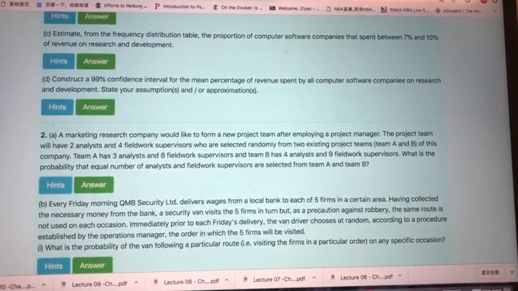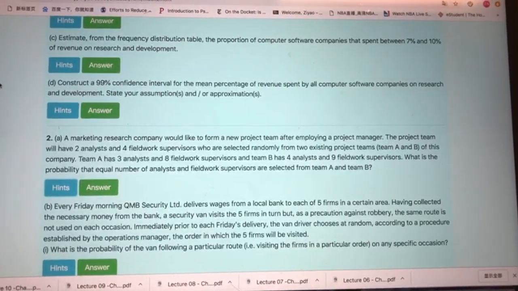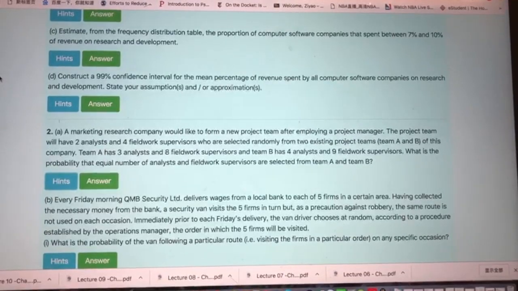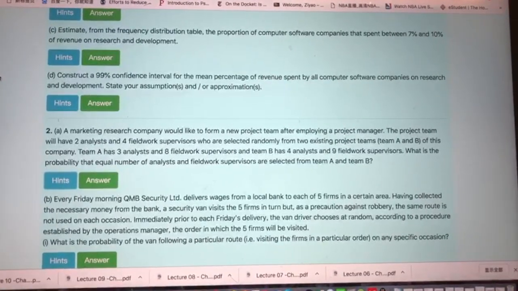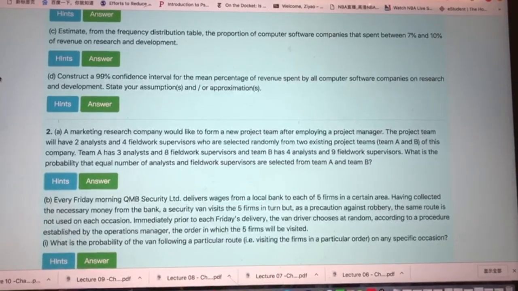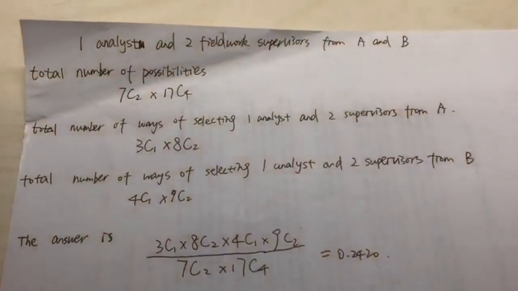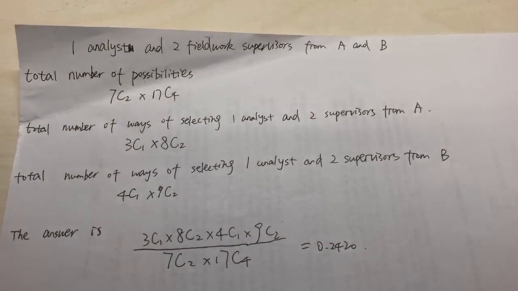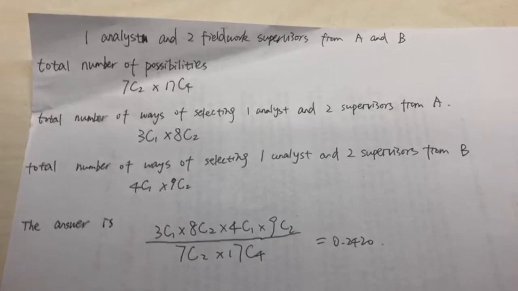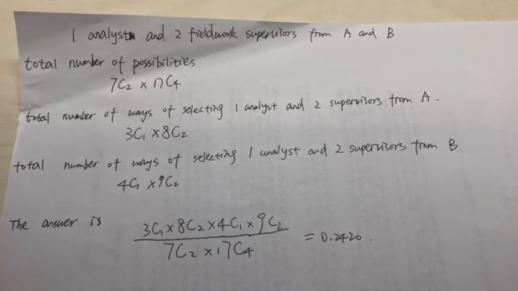The total number of analysts is 7 and the total number of fieldwork supervisors is 17. The question needs equal numbers of analysts and fieldwork supervisors selected from Company A and B. So we need 1 analyst and 2 fieldwork supervisors from Company A and B. The total number of ways of selecting